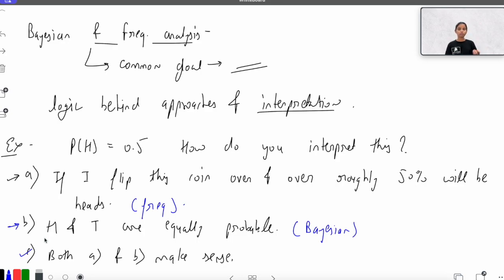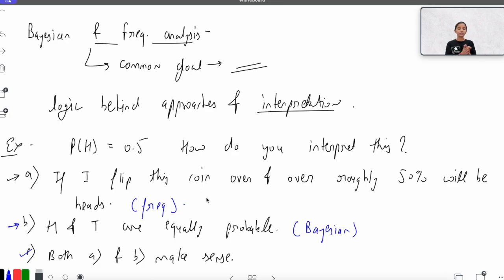So all the ones who are watching this video, if you have already studied the frequentist approach and all the procedures of it, then you must have known this, that while defining that 50% of them will be heads, we always say that we are calculating the relative frequency corresponding to it. Okay, now what is actually the difference between calculating the frequentist and calculating the Bayesian, that we will see when we calculate the Bayesian questions.